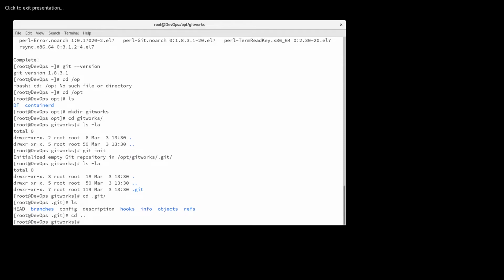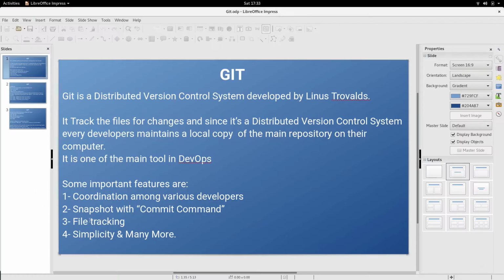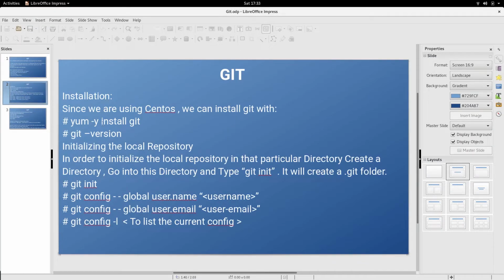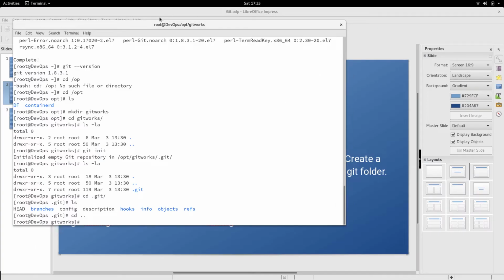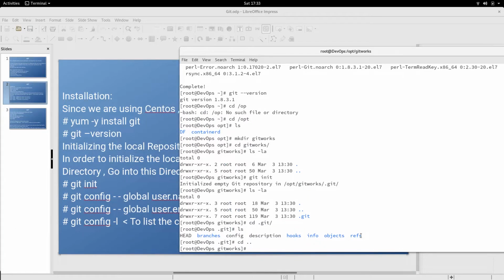Okay, now once this is done, what we need to do is configure it with some global parameters. If you remember from our slides, we need to use the git config --global command. So to do that, we will use git config --global user.name